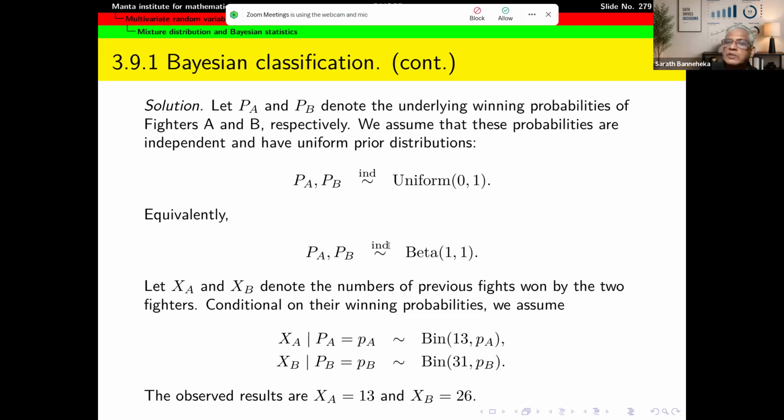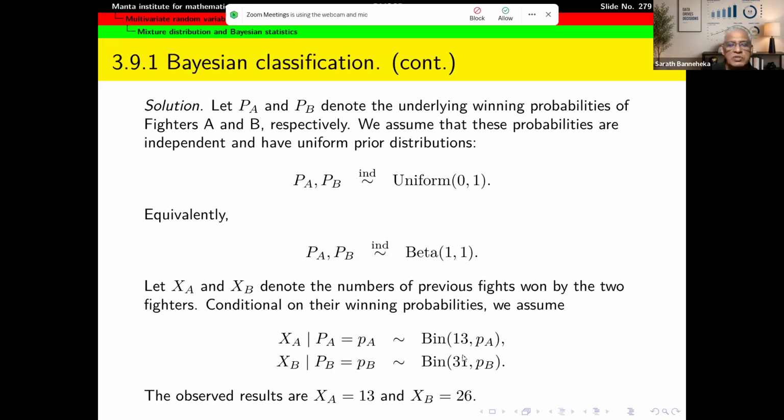The data that we have, XA and XB, denote the number of previous fights won by the two fighters. Conditional on their winning probabilities, we can reasonably assume this is binomial because it's out of a fixed number of fights, assuming that each fight has an equal probability of winning. That is a kind of strict assumption. But under that assumption, and also assuming that winning or losing in one match doesn't depend on winning or losing in another match, which is also a little bit strict,